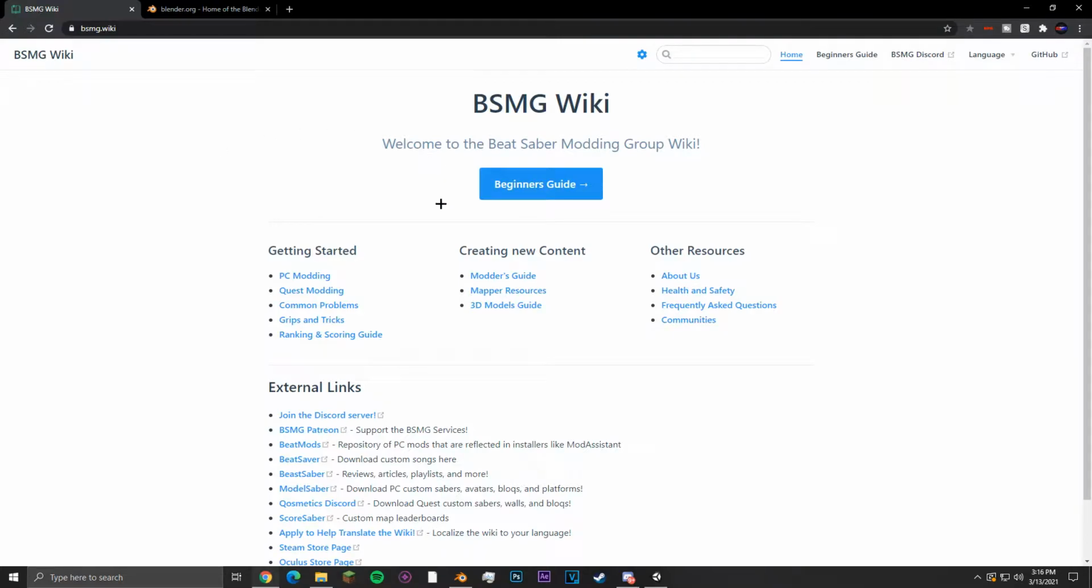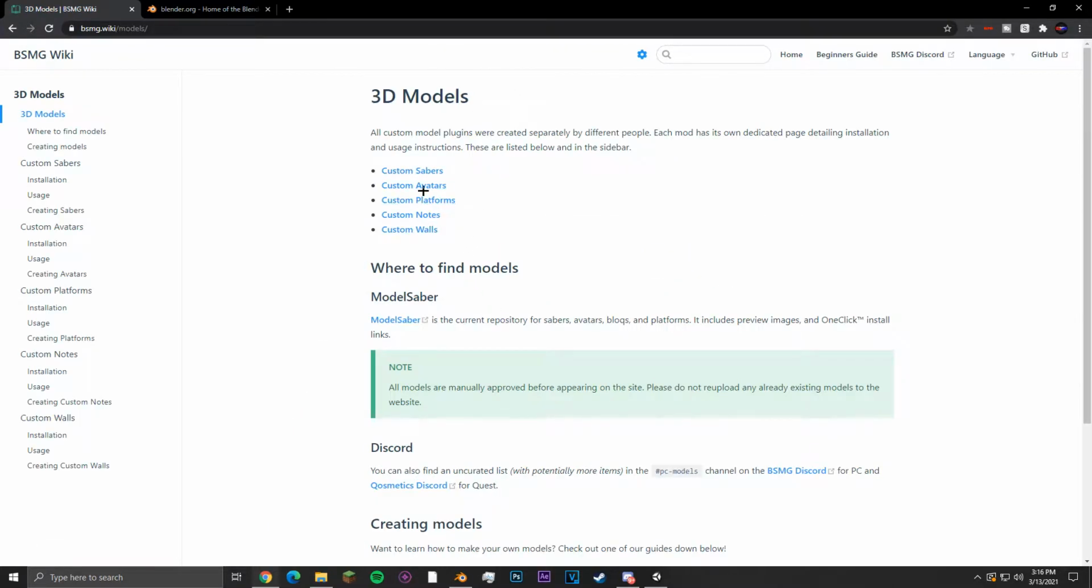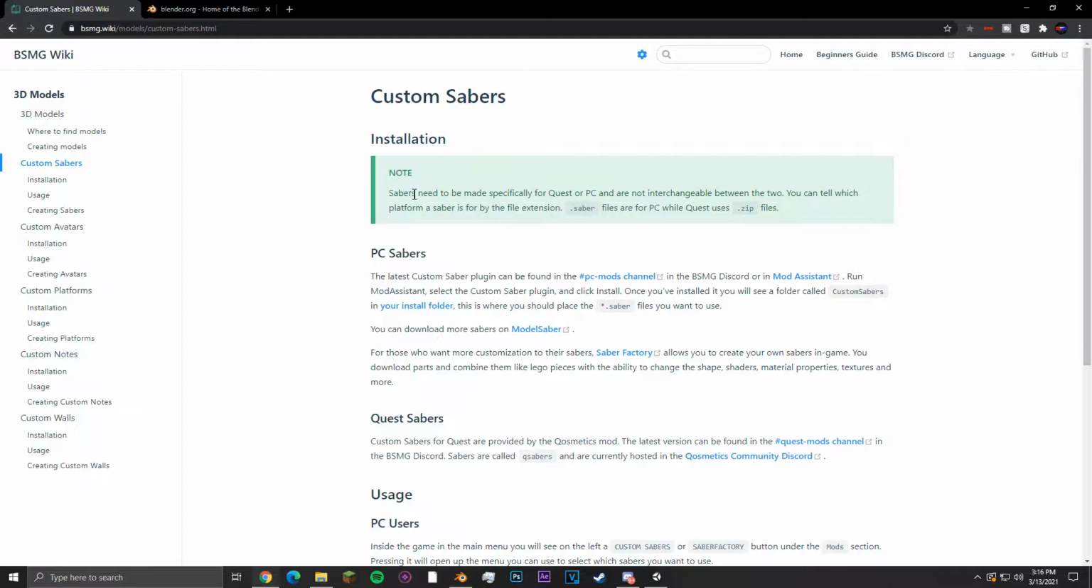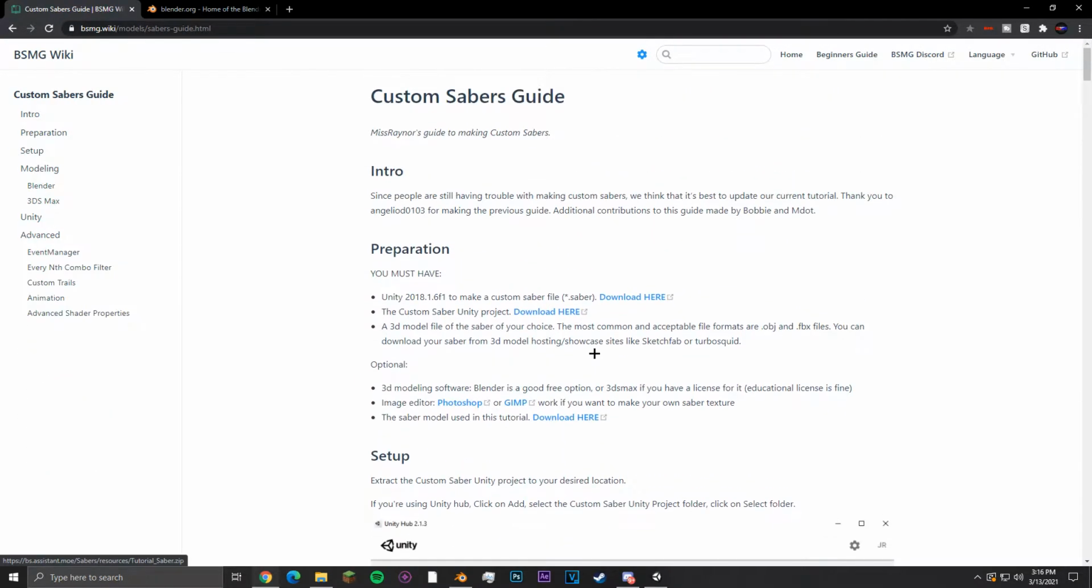So, the first thing you want to do is come on over to BSMG Wiki, and you're going to want to go to 3D Models Guide. Then you're going to want to go to Custom Sabers, Custom Sabers Guide. Alright, here we go. So, you're going to go to the Custom Sabers Guide, and you're going to download the